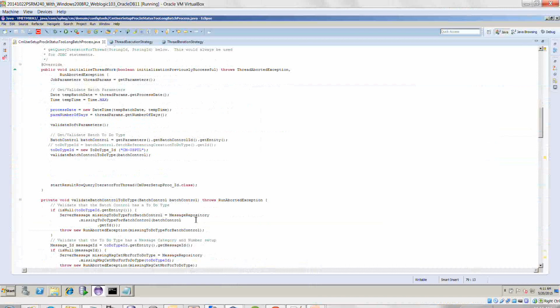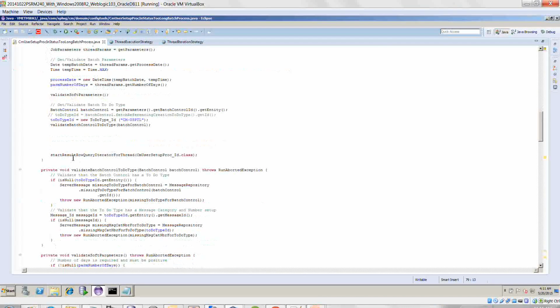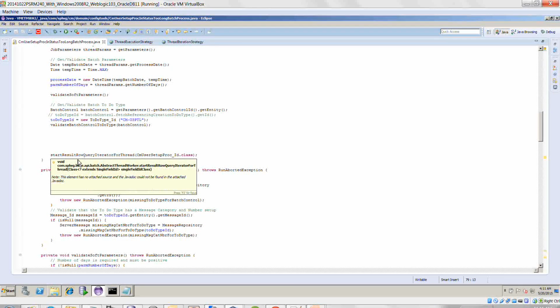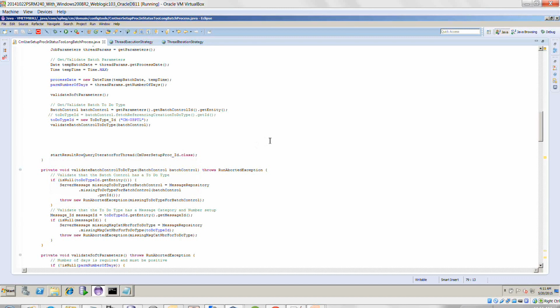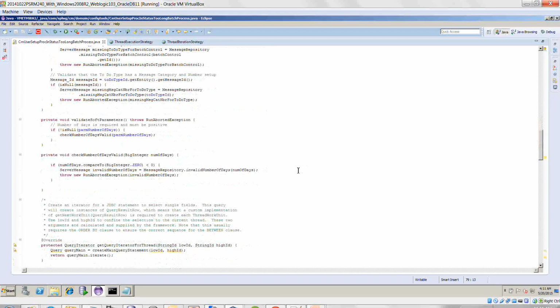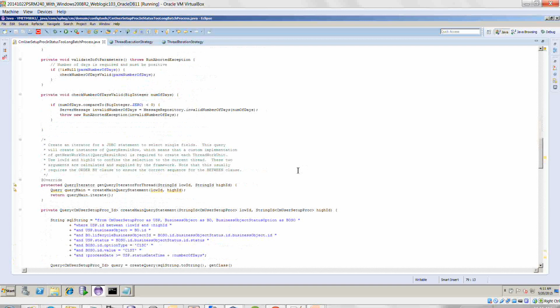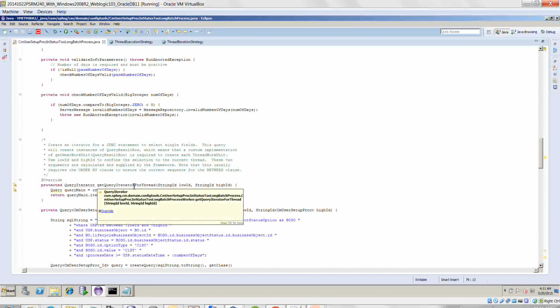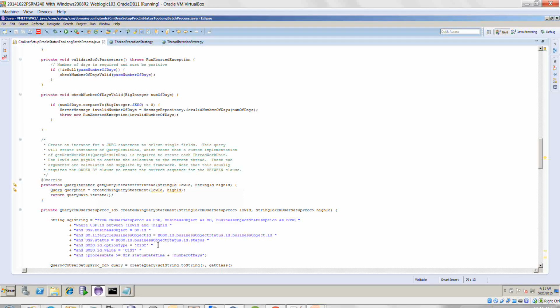Those details I'm not really going to look into, but the most important thing now is that the initiate starts a query, and that is the beginning of getting the data that you need for the work units. So the start result row query iterator for thread is over here, and what it does is it calls a query, and this is the main work that we need